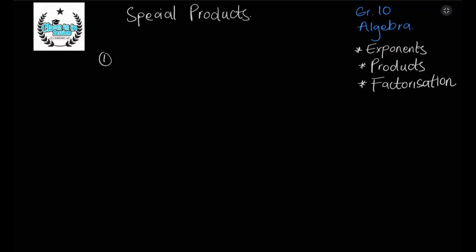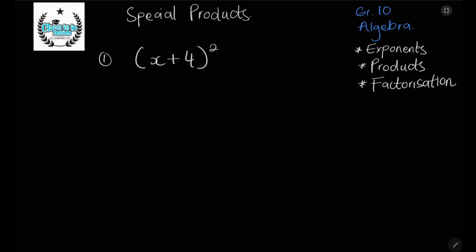In today's lesson, we'll do more algebra. Still under products, let's do special products. We'll do 5 different examples that you guys should expect. Firstly, let's start with squaring a binomial. Let's do x plus 4